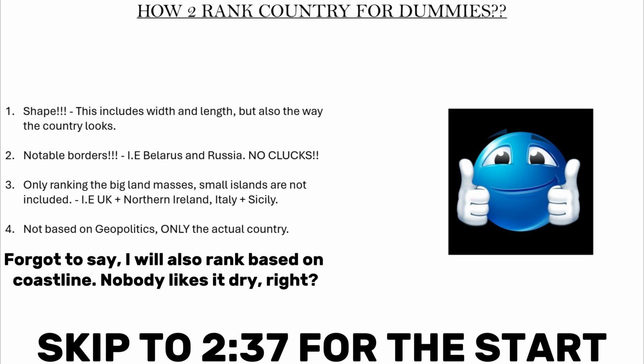So like Nepal, for example, is an example I've used before. Nepal is like long and thick, which, you know, it's like long and girthy. That's the shape of it, that's what makes it good. While Afghanistan, it's like wide at the bottom, but kind of pointy at the top. That's what makes Afghanistan good.